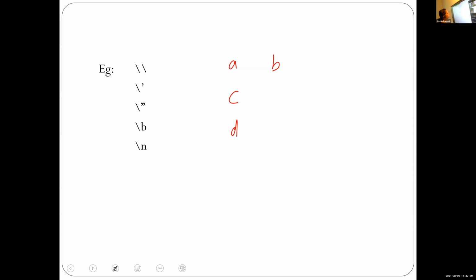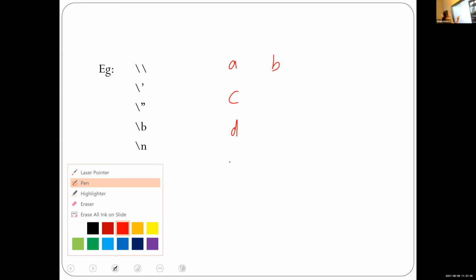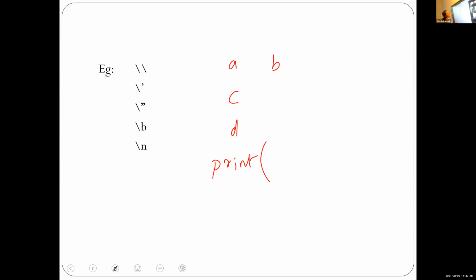A slash B. First it is print, within bracket A slash B. Then after the bracket, double quotes. Yes, double quotes, A, backslash, B.